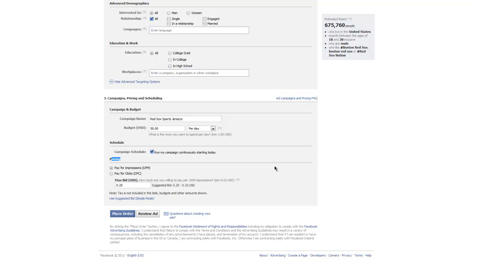So every time somebody sees your ad, that's counted for an impression, and you could choose to pay per 1,000 impressions. So Facebook recommends, based off our targeting options, that we pay between 20 and 32 cents per 1,000 impressions, or we pay between 46 cents and 74 cents per click, and that's the route we're going to take. I'm going to get right in the middle at around 0.58, and I'm going to select place order,